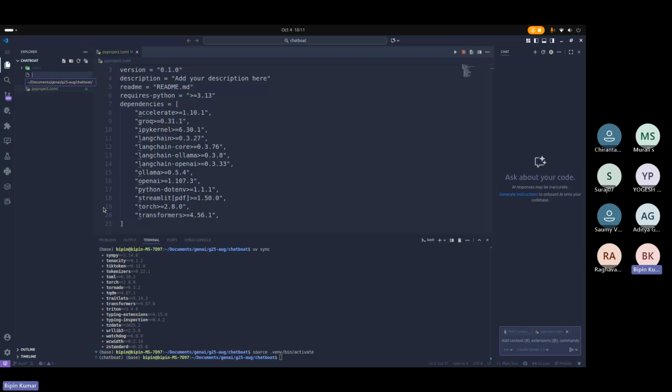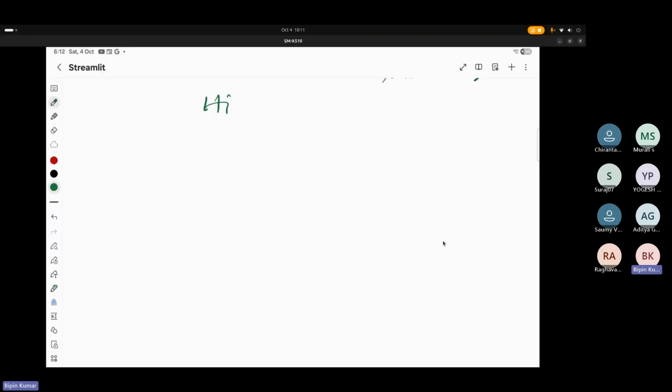In Streamlit there are two very important components. One is called